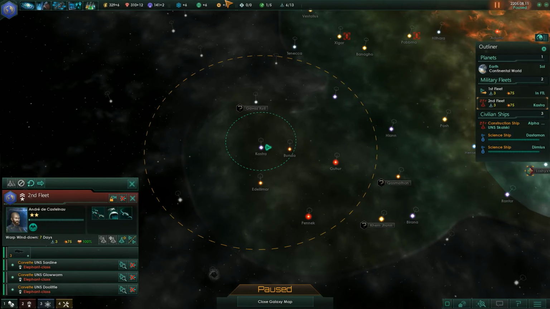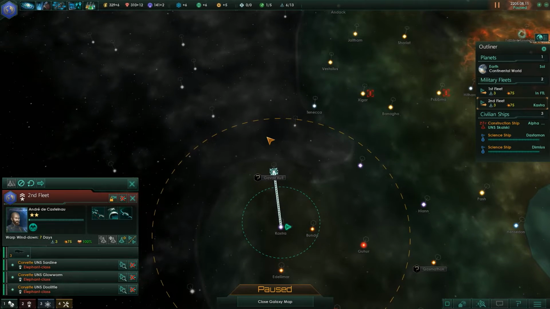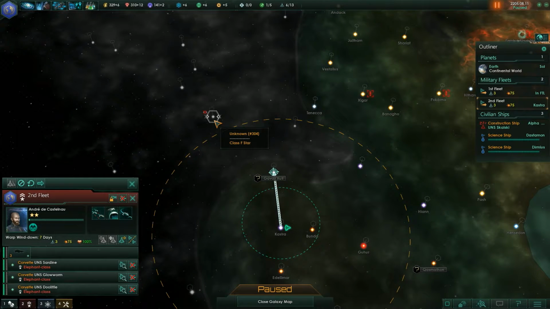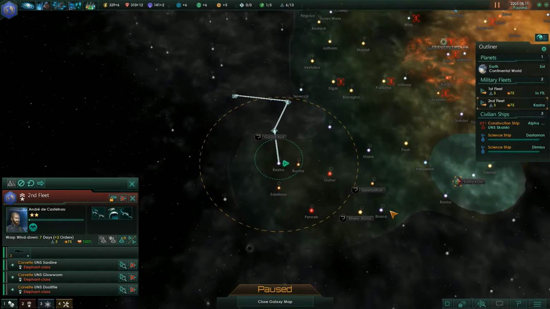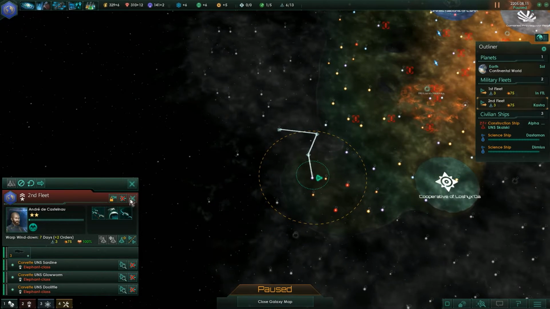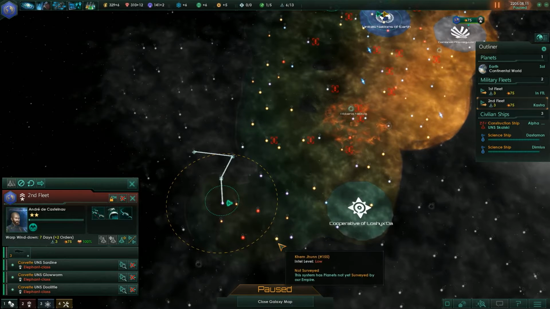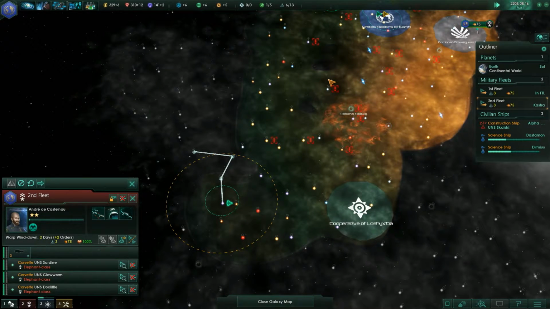Uh-oh, there's yet another planetary thing. Okay, let's go here. And then we're going to jump across to here and here. Okay, it looks like there may be 3 empires right down here across this choke point. Looks like a busy little stretch of space down there. Alright,